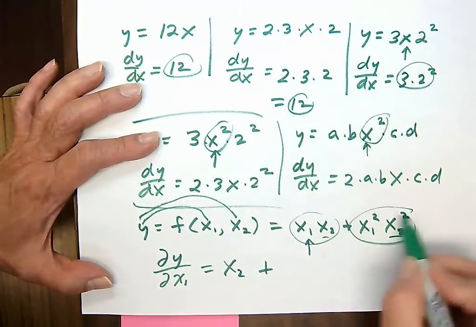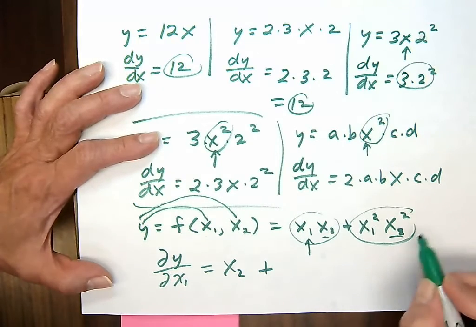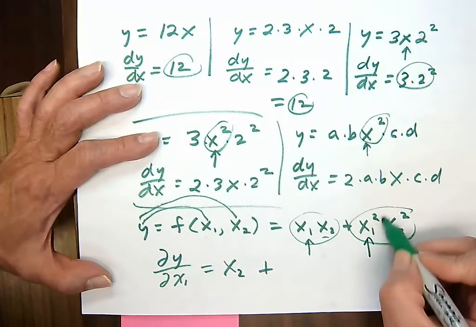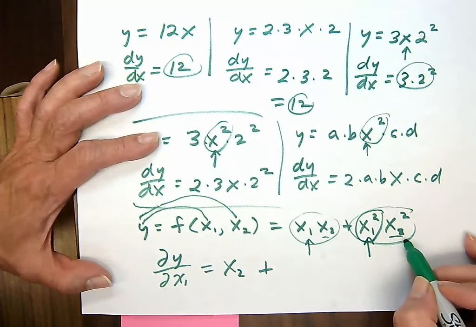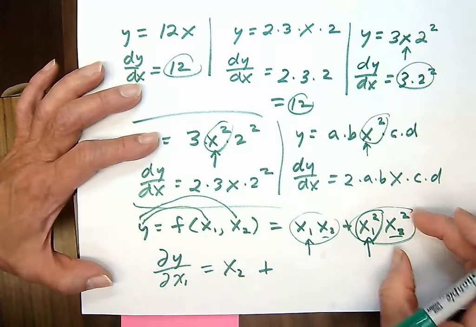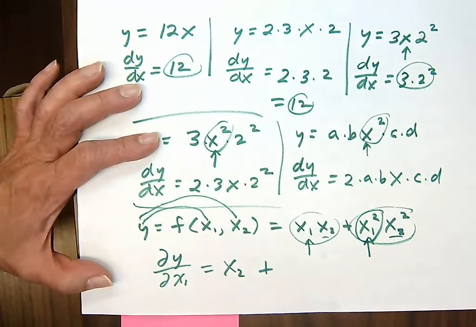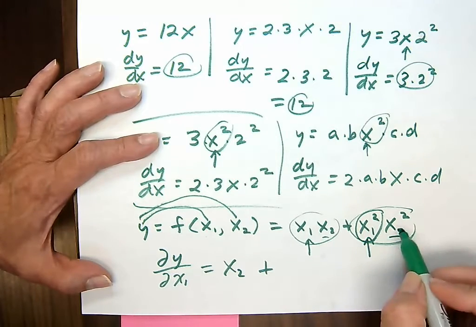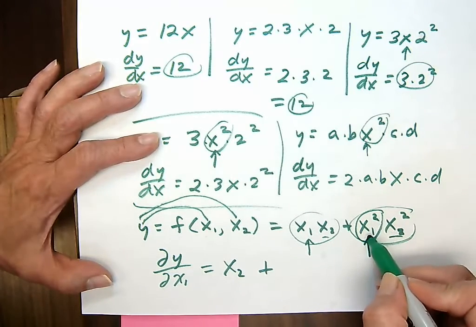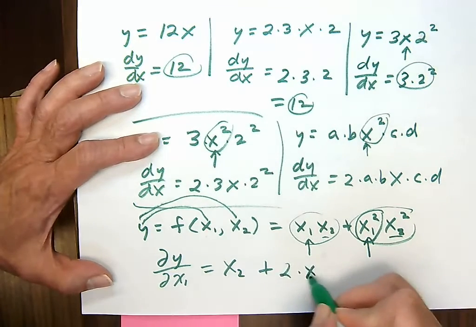How does this second portion of y change when x1 goes up by 1 unit, holding x2 constant? So again, all I do is focus my attention on this x1 squared term, and if I'm looking at the partial y with respect to x1 holding x2 constant, I just view that x2 squared as some number like 3 or 7 or a number like c or d, something that's constant. It's the coefficient of x1 squared. So now I have to use the power function rule. Look at the partial of this portion of y with respect to x1. I just concentrate on the x1 variable, use the power function rule, bring down the 2, multiply it by x1,